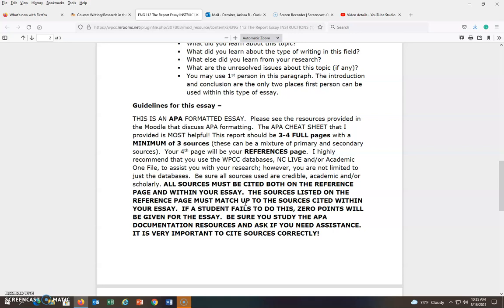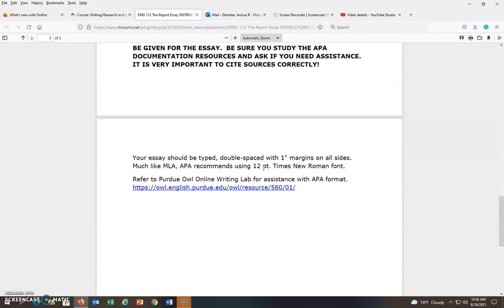Now, I get it. If you've never cited sources before in APA format, you're probably going to have some errors, and that's okay. But as long as I see a clear attempt of citing sources on that reference page and those same sources cited within your essay, you're going to be fine. But I cannot give credit if sources are not cited, if there's no attempt to cite sources in both places, because that is actually considered to be plagiarism, even if it's unintentional. So I really want to make sure you guys understand that. So please cite sources and ask questions if in doubt.